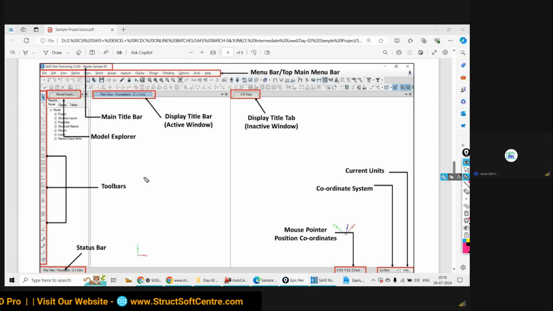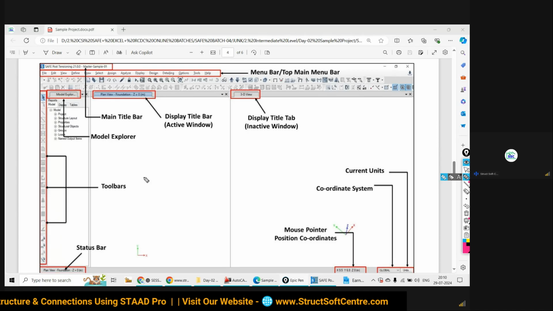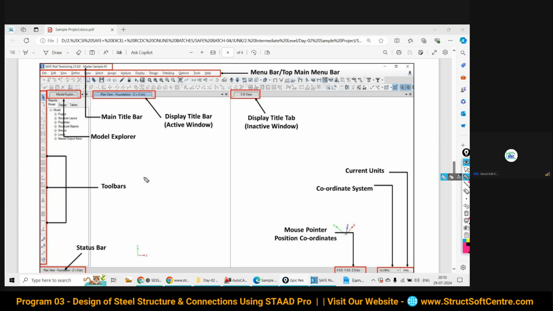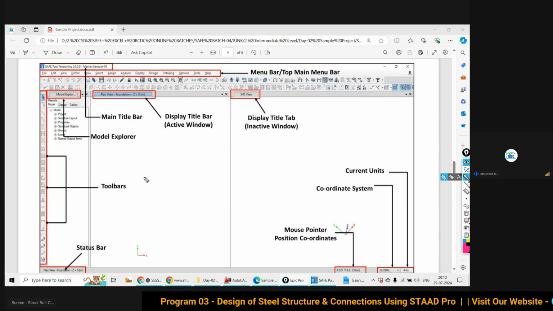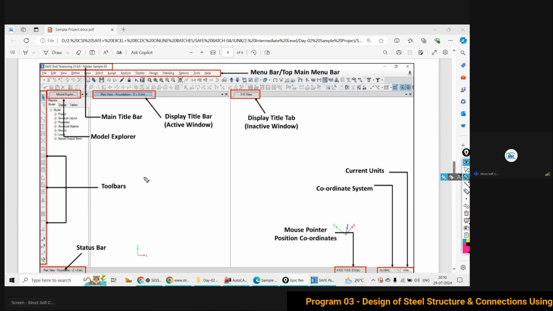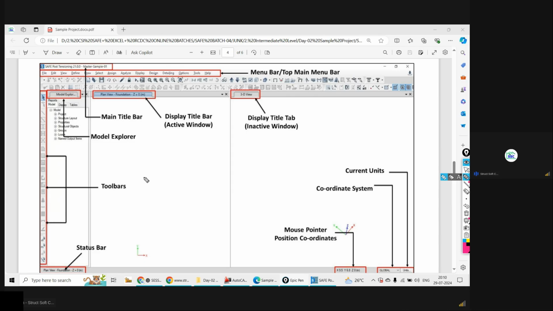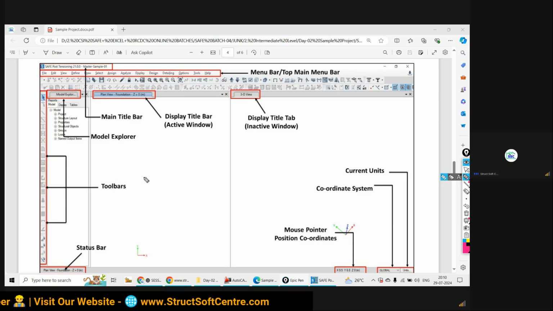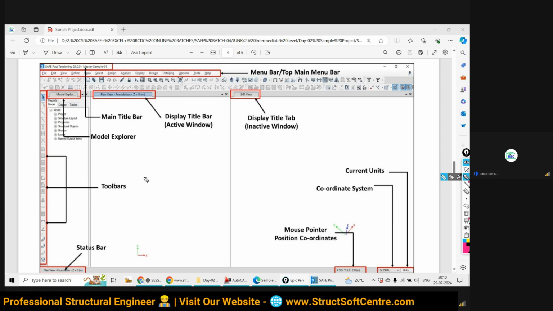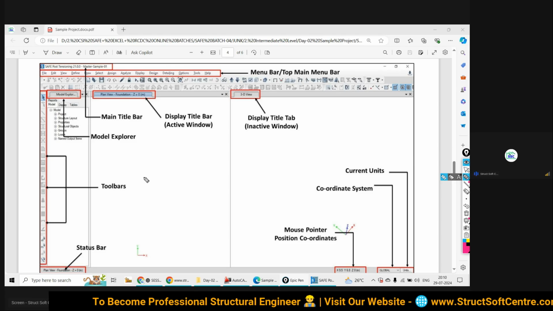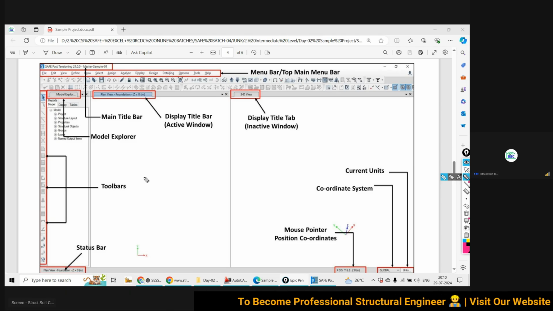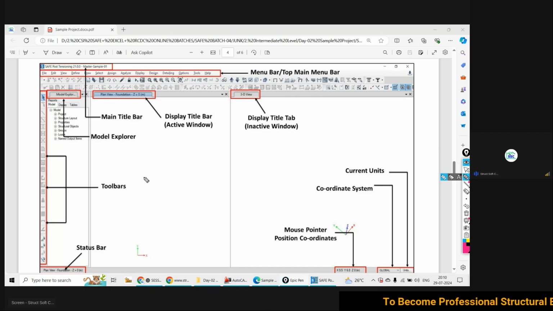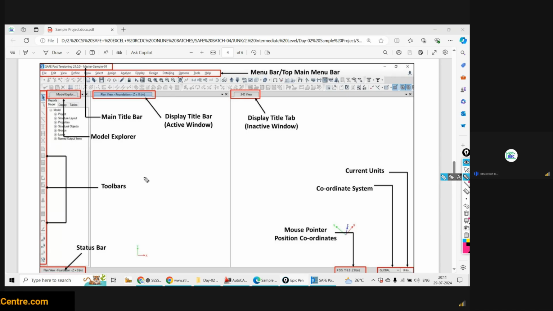And as it might be in your experience, when you work with CAD software, what are we using? We are using shortcut keys for drawing. For having a line, we press L enter. For having a circle, we press C enter. It is in your experience that with practice in CAD software, we are actually taking the help of shortcut keys. Likewise, in the ETAP software, or in this CSI SAFE software, we are not going to use any shortcut keys.